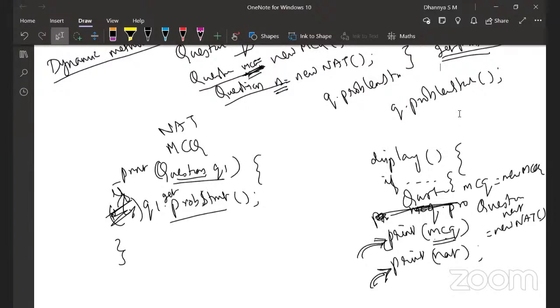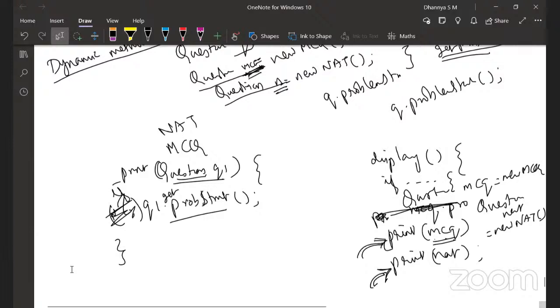Maybe I'm not making much sense at this point, but as you do more examples and more assignment questions, you will get it. I'm just trying to explain a very broad and brief, top-view idea about this. Why is this required? This dynamic method dispatching, being able to assign an object of a child class to a reference variable of parent type, is required. This will be required in many places, and we will actually show you even in programming questions this week.